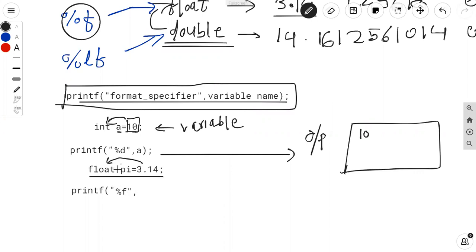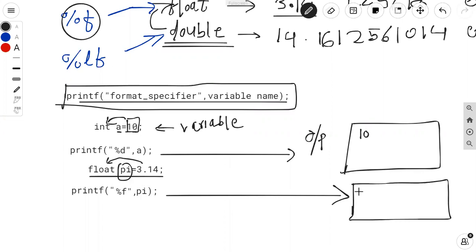So the variable pi contains this value. So I need to print the variable name. Variable name is pi. Okay. And every statement is enclosed with semicolon. So what should be the output of this program? The output of this program is value of pi. Value of pi is 3.14.